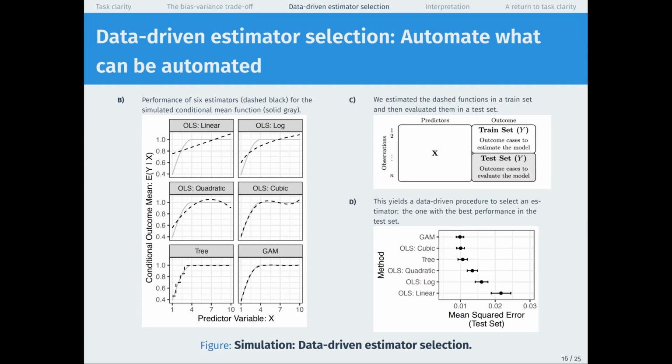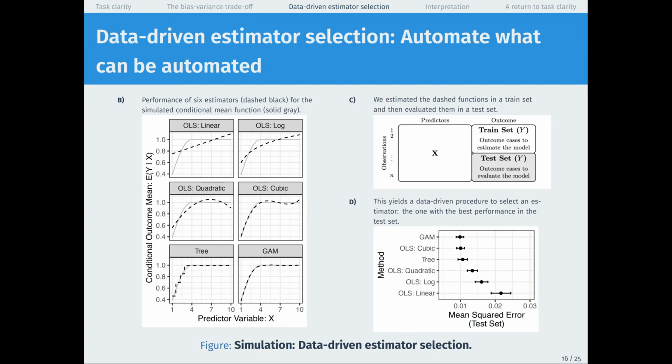So before having all your arguments, you could split your sample into 2 sets, a train set and a test set. Then you can learn the prediction function in the train set while keeping the outcomes of the test set hidden away. Then you make your new predictions in the test set.